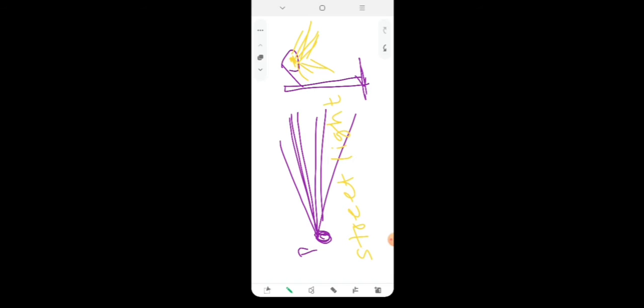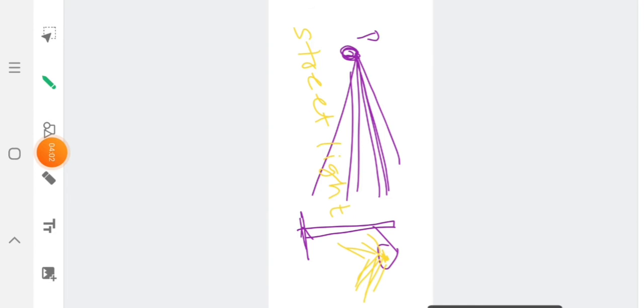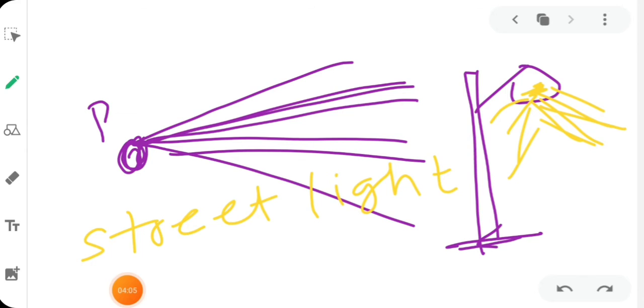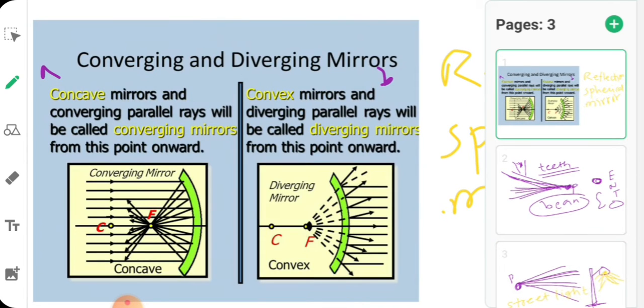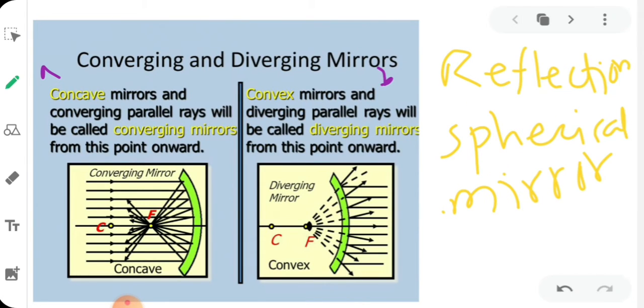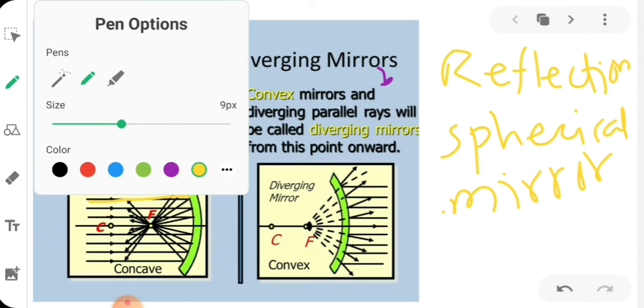Now that you are clear with the diverging beam and the converging beam, let us talk about converging rays in the spherical mirror and diverging rays in the spherical mirror. Coming back to our mirrors, rays of light are falling on the concave mirror. See over here, I am tracing them. Actually they were black in color, but I am tracing them in red so that you can see.